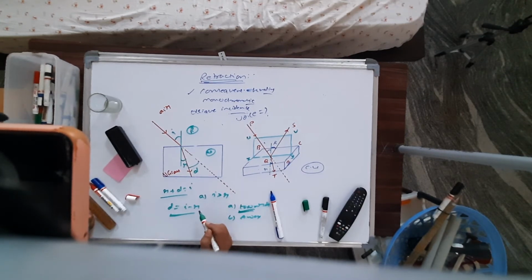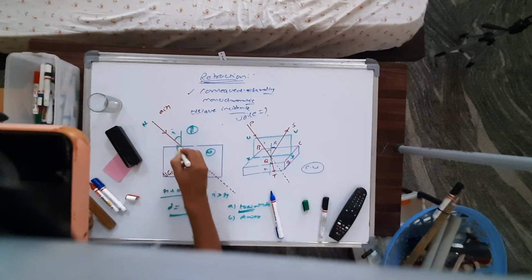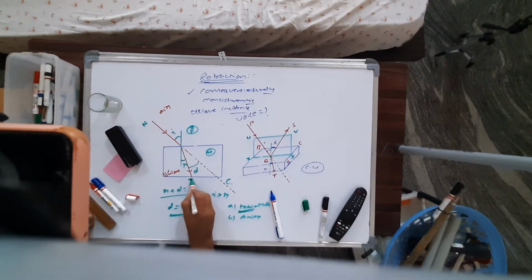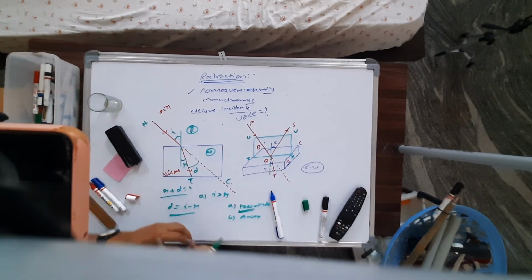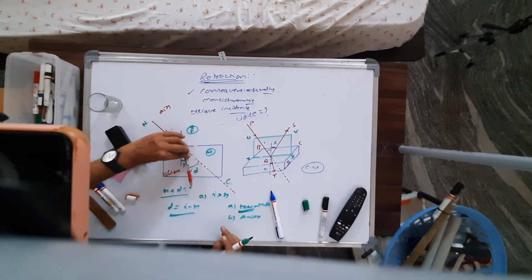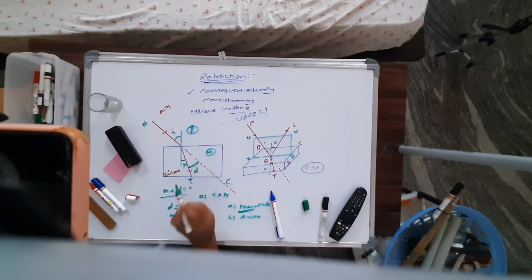What is the meaning of deviation? For example, imagine this is your home. You have to go straight to the college. Instead of going to the college, you are at the talkies. The angle between the college and the talkies is called the angle of deviation. I don't mean you, but some others. Instead of going to college, they sit in the talkies.